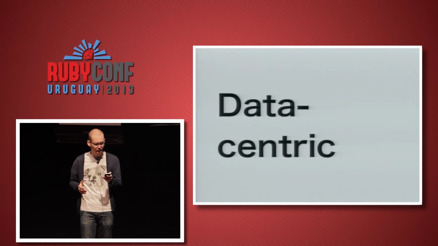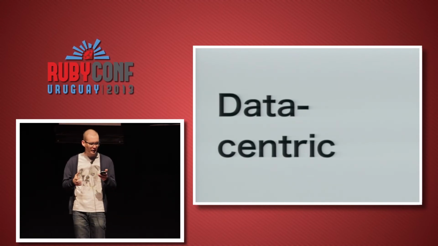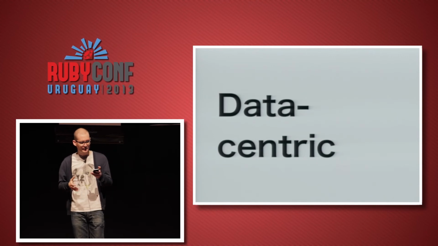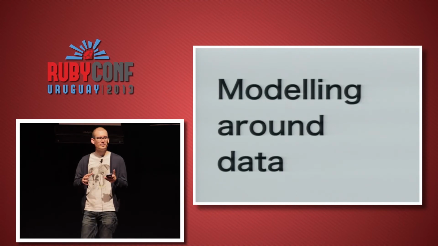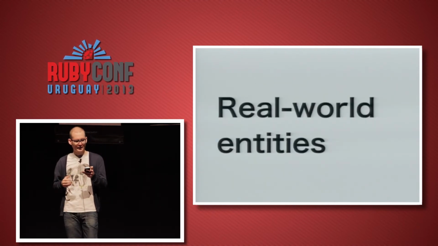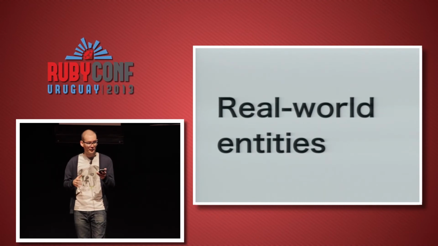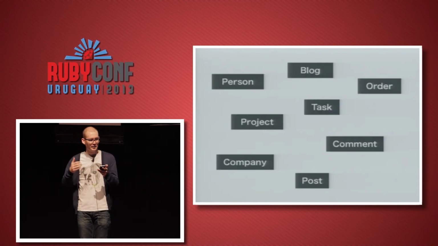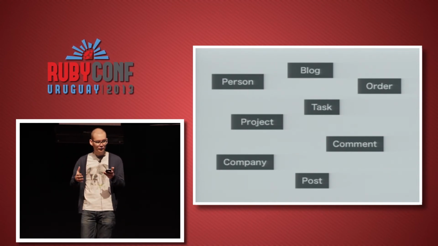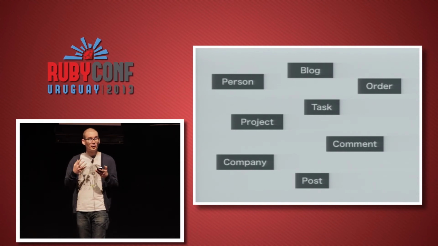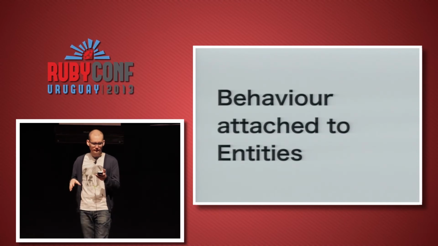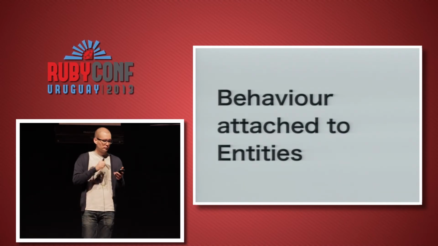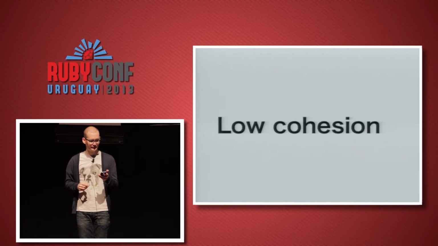about since long ago. On one side, maybe the more classic of the two approaches, is the data-centric or the domain-driven approach. In this style, modeling happens around data. The classes that we have correspond to entities of the real world. We have classes like project, blog, task, order. All these concepts, which every user of our application understands, become the protagonists of our domain model, and the behaviors of the application will be attached to these entities, to these classes.